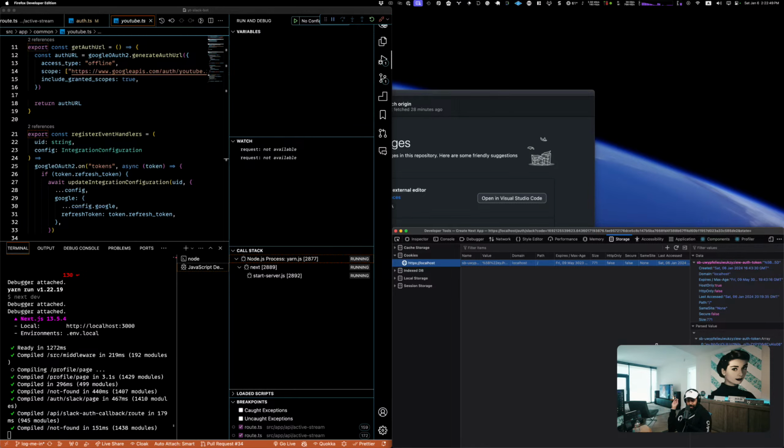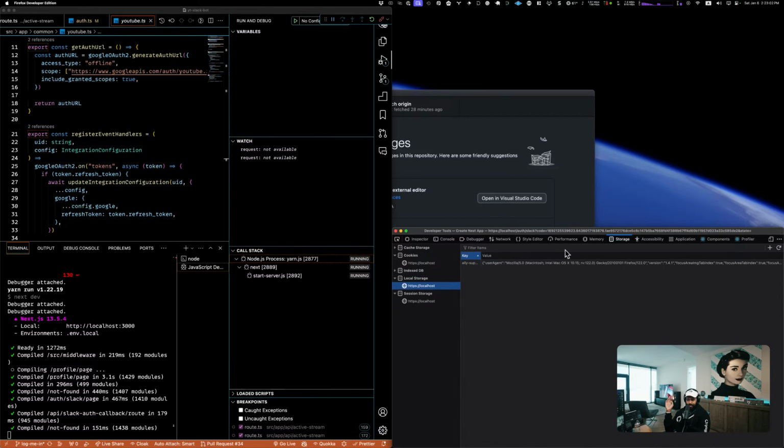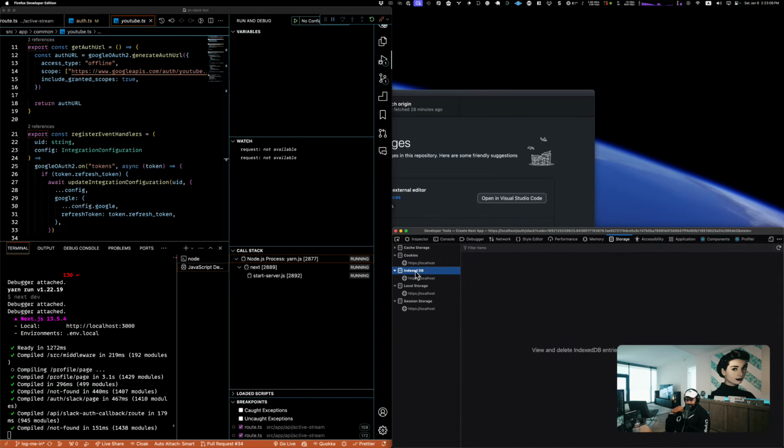So what I can do is send this cookie up to the server, and there'll be some state in there, and I can do some stuff with it. There's also session storage I'm not using right now. It's local storage I'm also not using. There's also IndexedDB for doing structured query type stuff. I'm not using that either. And cache, I'm also not directly using that. But yeah, that's a little bit more about auth, I guess.